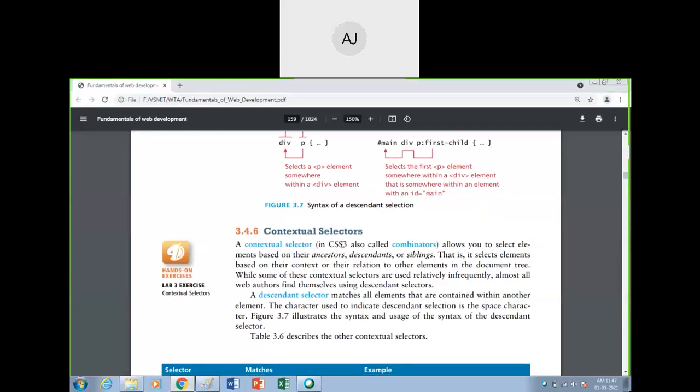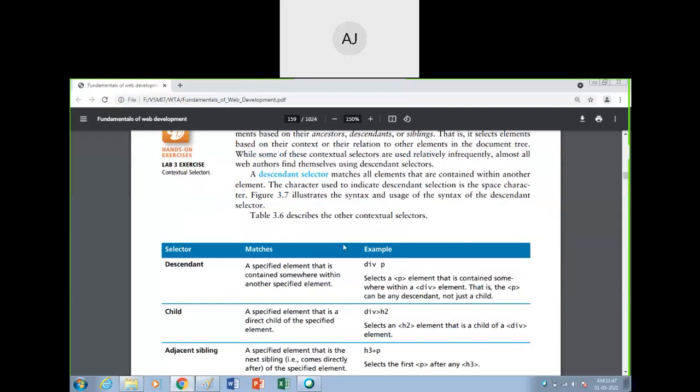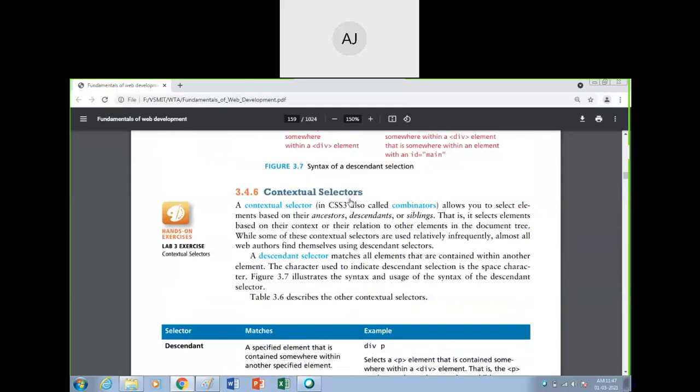Is it fine, guys? So let us see with examples. Now what are the things involved in these contextual selectors? There can be descendant selectors. You might know the difference between descendant and ascendant. The descendant means whichever is below in the tree. For this you need to remember the binary tree or the general tree we discussed in the previous classes.